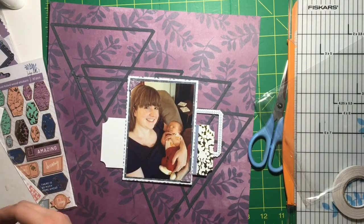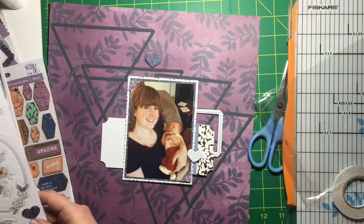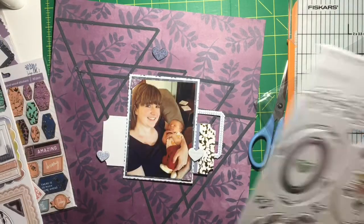I wish I had more papers. I still might. We'll see. There's still a lot of sales going on. I might have to get more Indigo Hills too. Even if I just go get some of the...